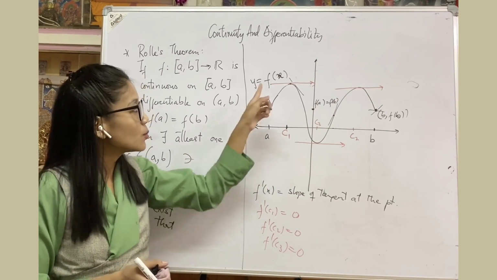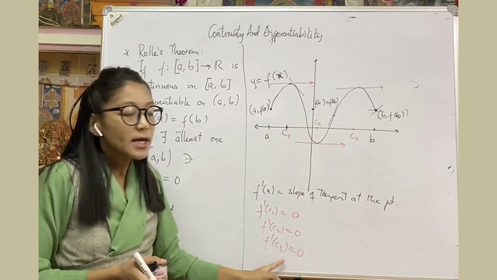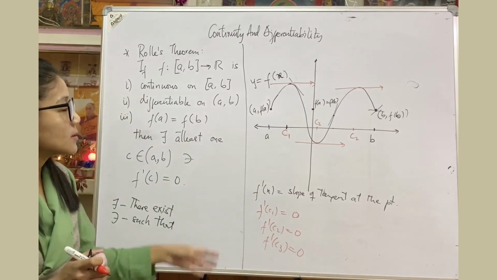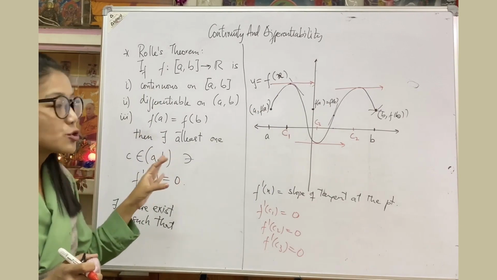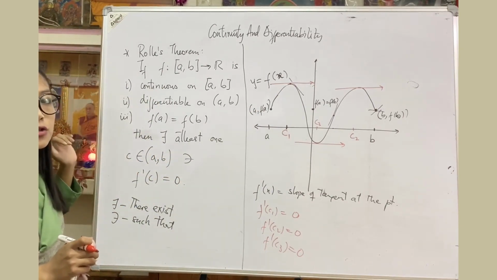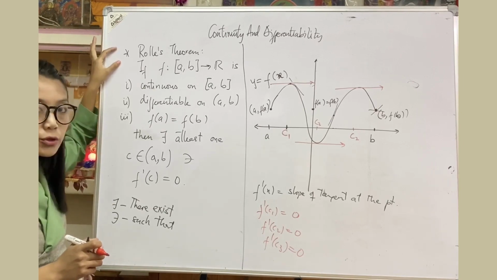So therefore the slope of this tangent will be equal to 0. Okay, so this is the geometrical interpretation of Rolle's theorem. Okay, so now you just have to remember, to apply Rolle's theorem,